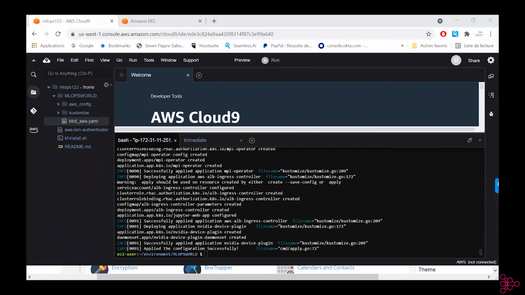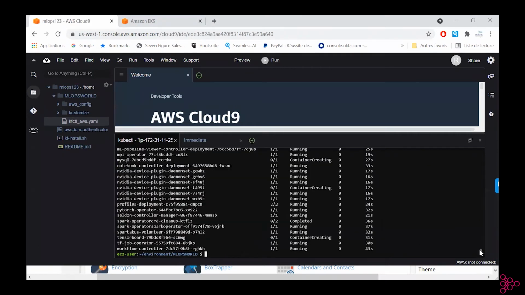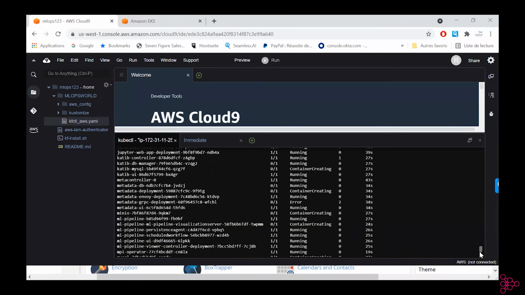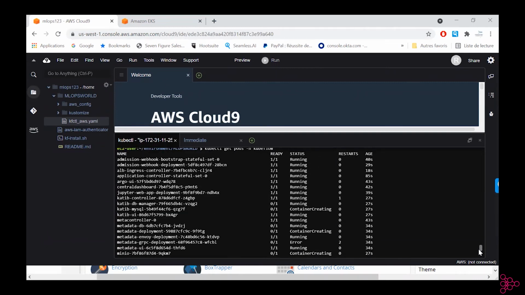Awesome. So now let's have a quick look at our namespace and the pods. Okay. So as you can see, all these resources have been created by Kubeflow. And that's why I was saying this is a toolbox.